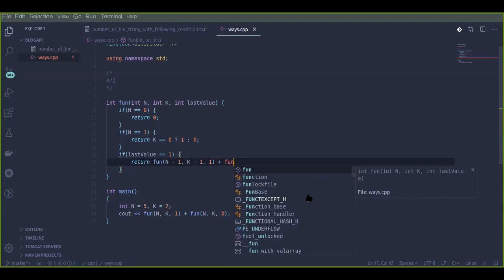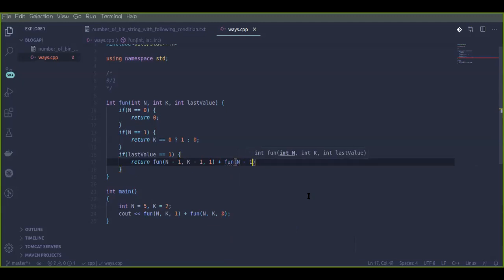Cool. So the second possibility is, again I will reduce n, because whether or not it will give me the result, I just need to reduce n. This is my job. And I will not reduce k if the second last value is 0, because there is no chance of getting the value of k if one of the adjacent values is 0.